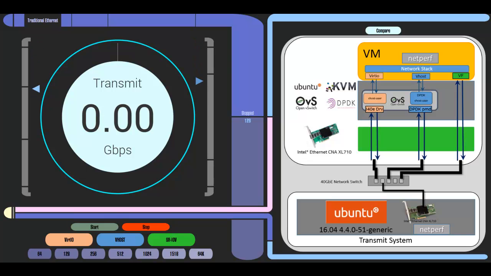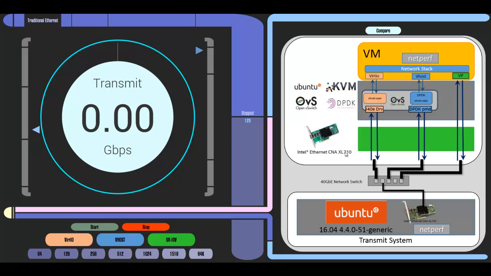So now let's take a look at the traditional network stack on top of these three devices. We're going to have NetPerf running on the remote system and NetPerf running on the virtual machine. The virtual machine is going to actually transmit the data. The NetPerf running in the virtual machine is going to transmit data over one of these interfaces to the remote device, and we're going to capture the packets per second, or the gigabits per second being transmitted from each one of